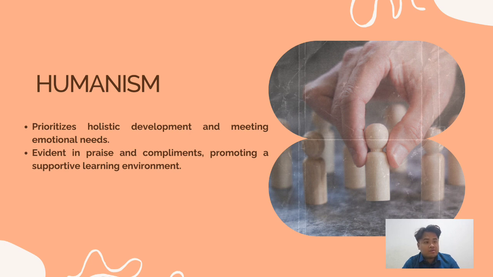So, while behaviorism is a teacher-centered theory where you control your students through conditioning, my initiative is I align this positive operant conditioning, like giving rewards, with a student-centered theory, humanism. How? Humanism focuses on the holistic development of individuals and the importance of meeting learners' emotional and psychological needs. In my lesson plan, humanism is evident in the praise and compliments given to students for their efforts and contribution